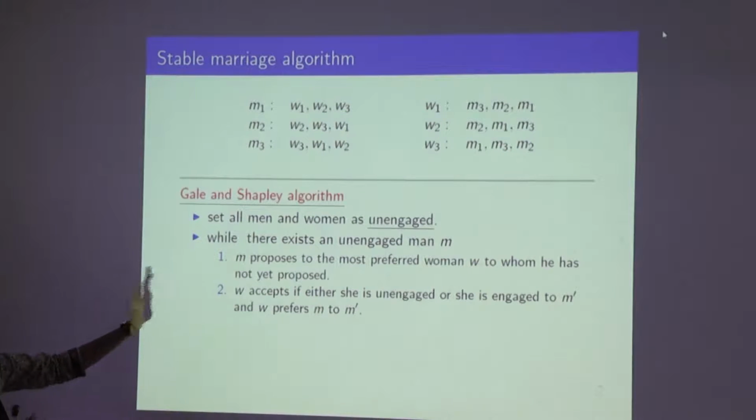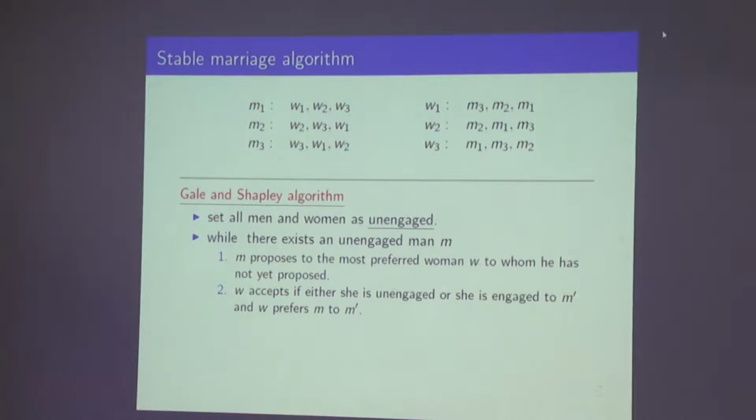So the algorithm is clear. That is, as long as there are unengaged men, so only the men are the proposers, and there is no reason to work with this model where the men propose. It is symmetrically applicable to when women propose, but there are very strong properties of what output we get when one side proposes. Okay, so when you write such an algorithm where repeatedly things are changing,